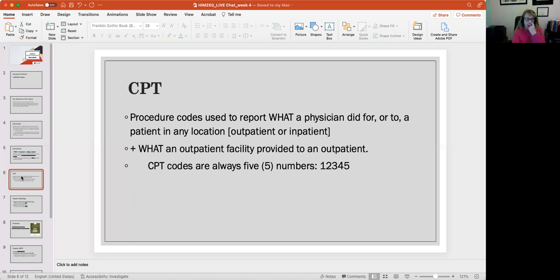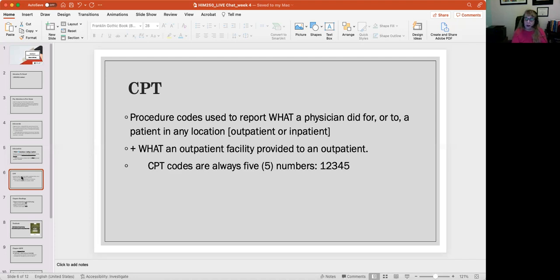Doesn't matter. This is to report for the physician. And you will use CPT codes to report what an outpatient facility provided to an outpatient. So, for example, if you're coding for the emergency department, the ED, which is considered an outpatient facility,